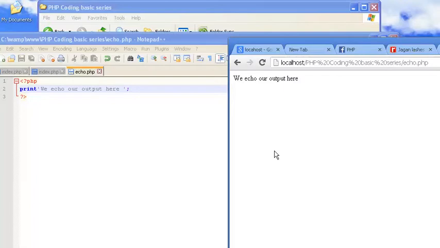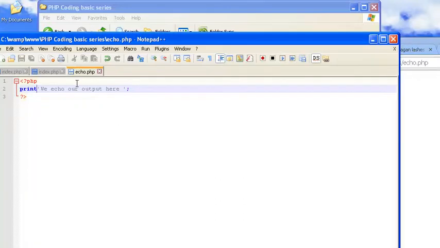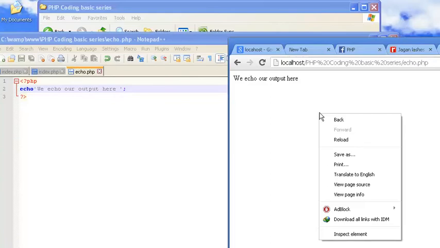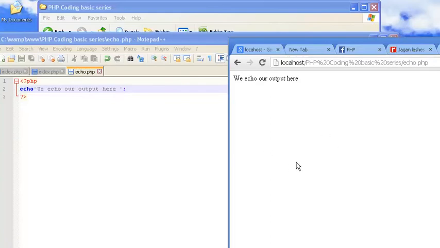Echo is much faster, and echo has now become more commonplace. I think when PHP first started, people would be using print, but not anymore. Now all of us are used to using echo also because it's short, and somewhere I have read that it's a bit faster compared to print. So please stick with the habit of using echo, which is anyway more preferable. Anytime you see code, you will always see echo. So this is how you would write echo to display output on the screen.